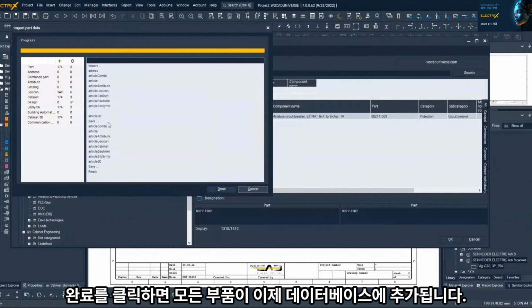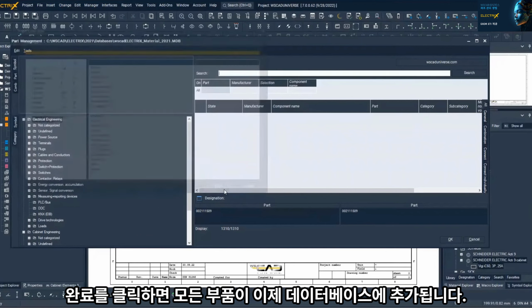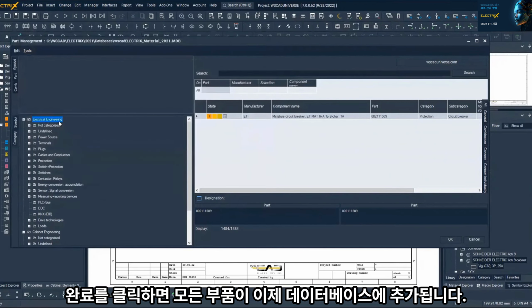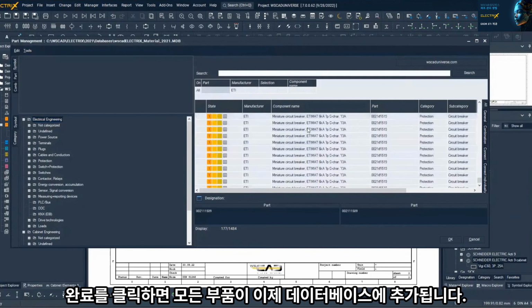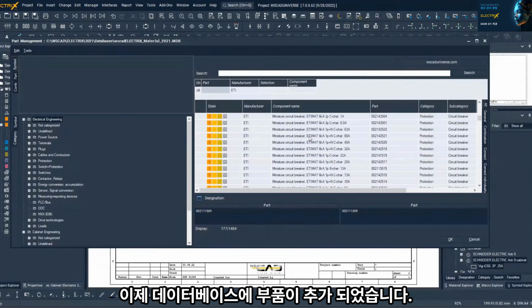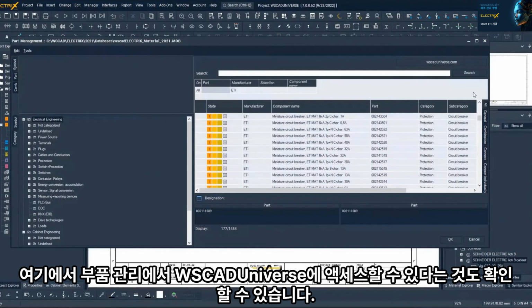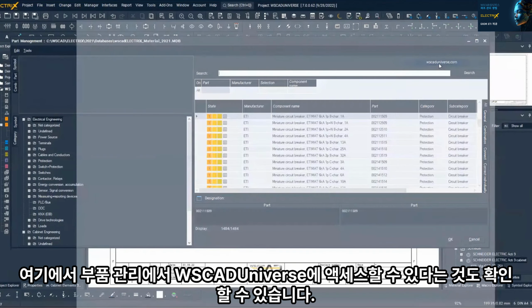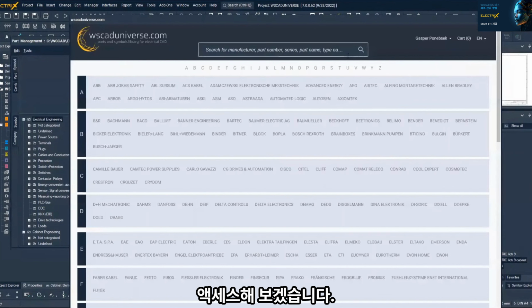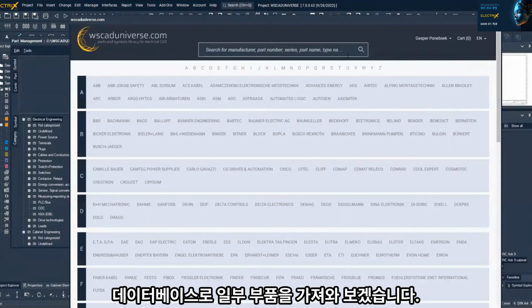So this is it. We can click done. And here they are, all of them. Now our database is larger. Here you can see also that we have access to WSCADUniverse from the part management. So if we access it,